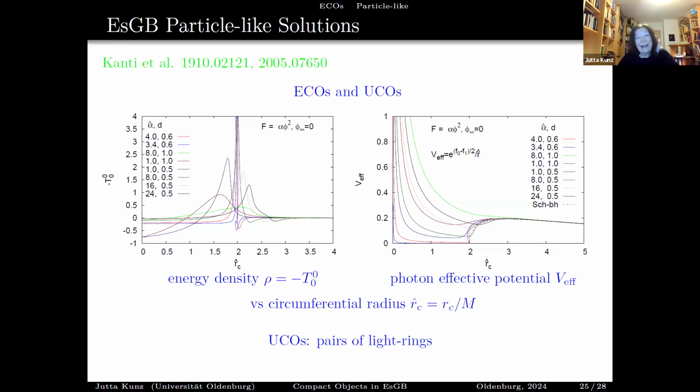Gosh, I forgot our arguments. It did make sense. There was no problem at all. But yes, this is a very good observation. This is no problem for the solutions for this effective potential. But I just don't recall at the moment our arguments. I can tell you later. Okay, no problem.